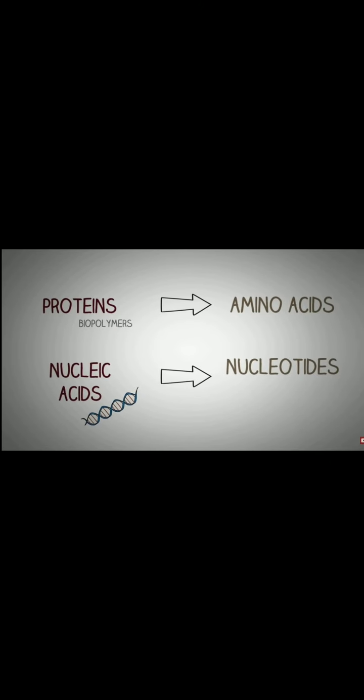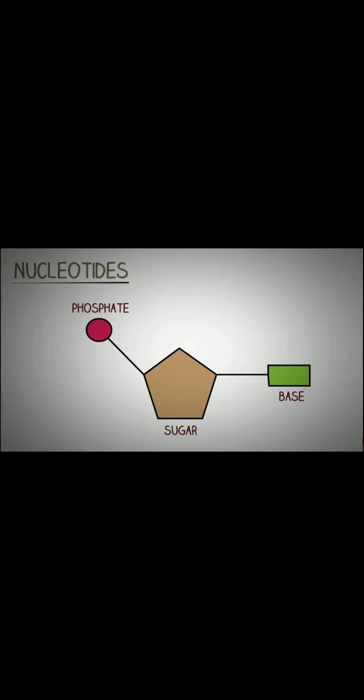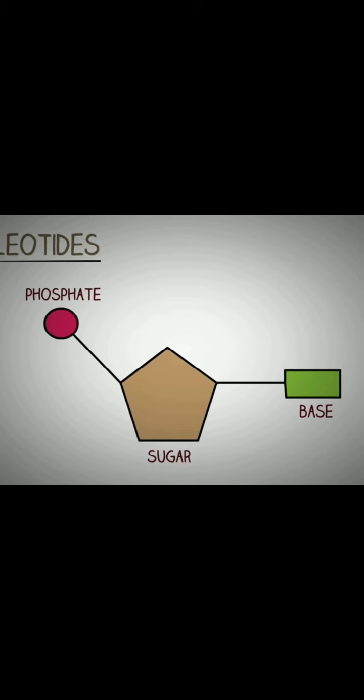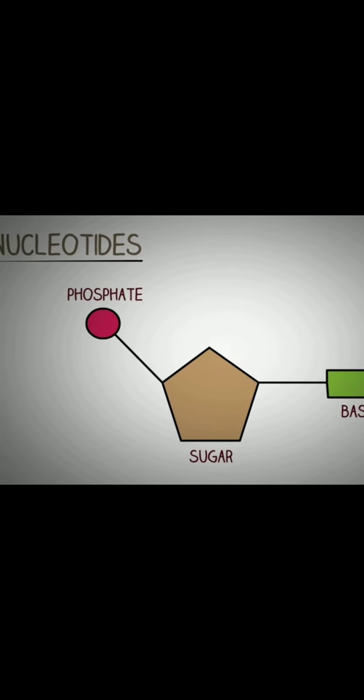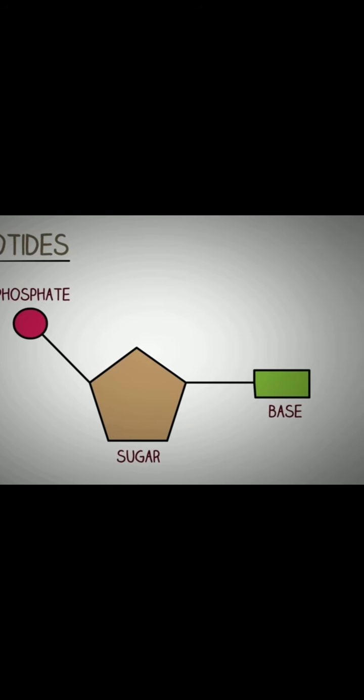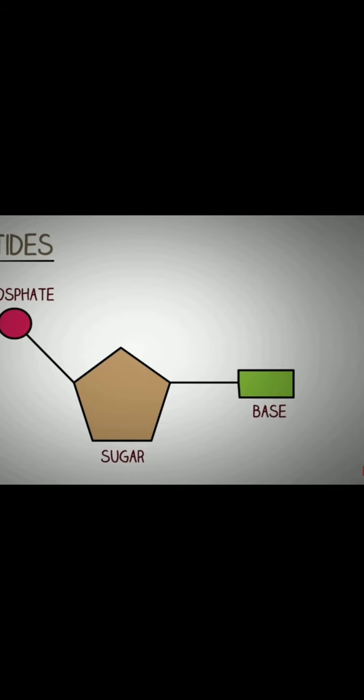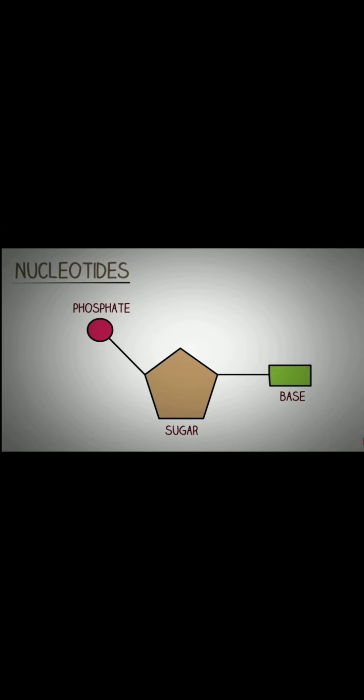Next, to understand the basic structure of nucleotides, which helps to understand the structure of nucleic acids in detail. Now this is the simple diagram structure of a nucleotide. As you see, a single nucleotide is made of three important groups: first the phosphate, second the sugar, and third the nitrogenous base. And these groups are attached to one another by bonds, which we will discuss later. To understand the complete structure of nucleotides, let's understand the structure of these groups one by one. The first is the sugar.